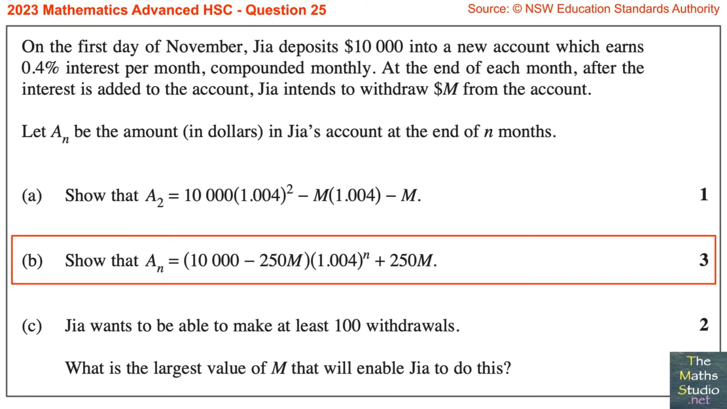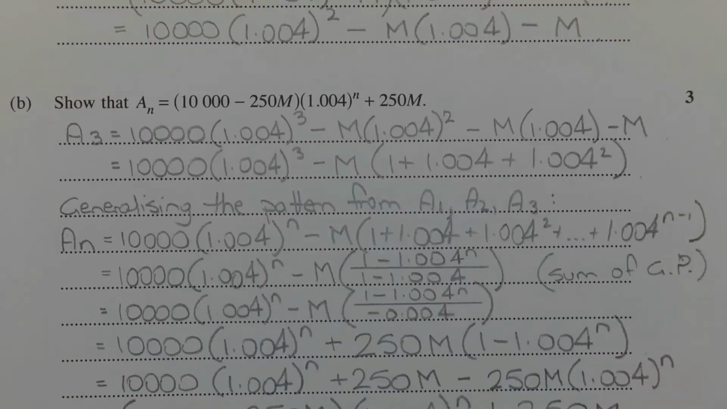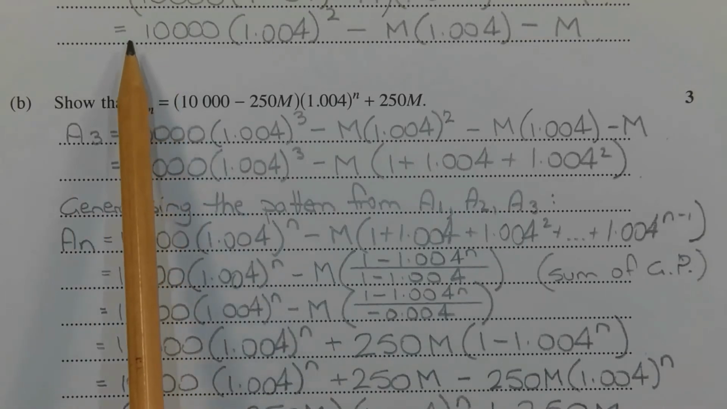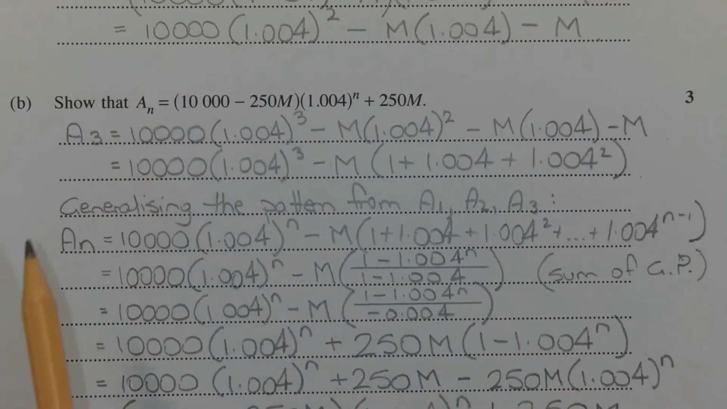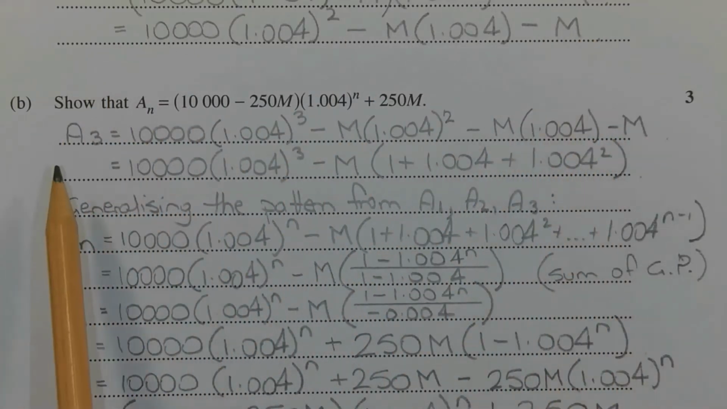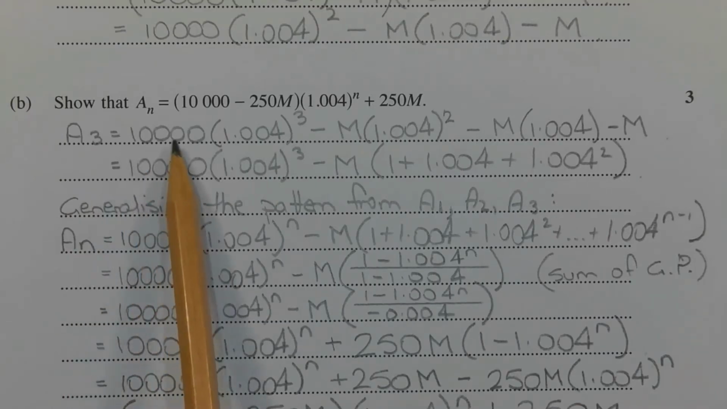Part B. Show that AN equals (10,000 minus 250M) times 1.004 to the power of N plus 250M. Continuing on the pattern from part A, let's come up with an expression for A3 to make the pattern a little clearer. So following on from part A, if this is A2, then A3 will equal 10,000 times